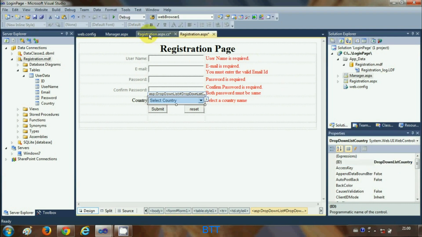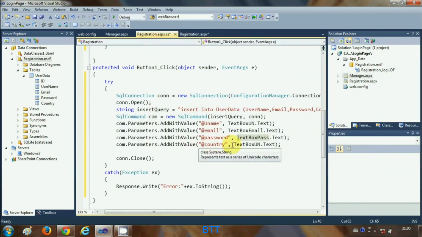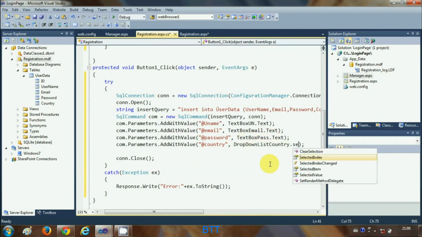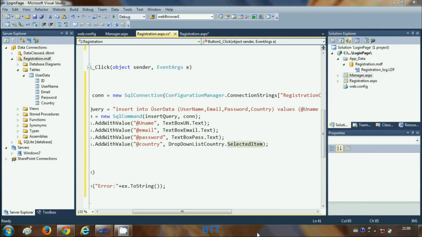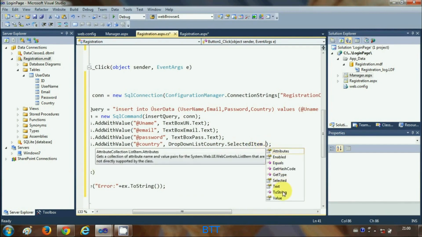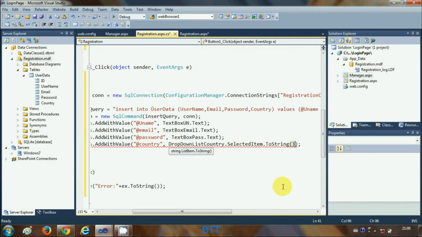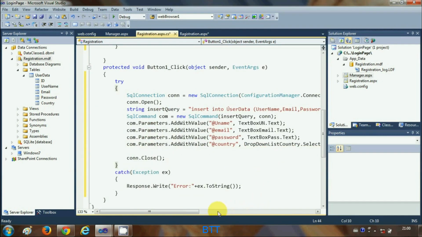So just copy the name of the drop down menu and go here, and in front of the country just delete this, and we will write DropDownMenu.SelectedItem.ToString. Okay,